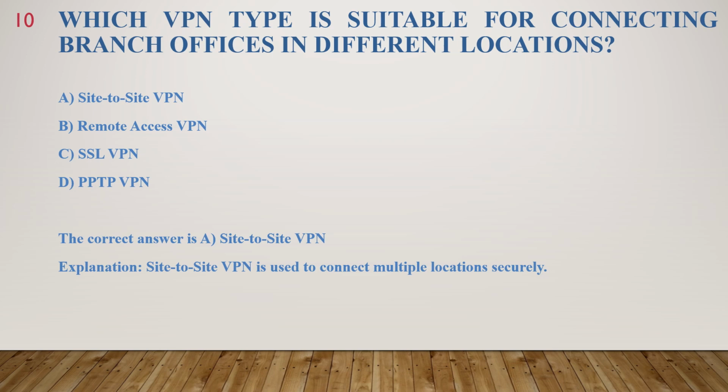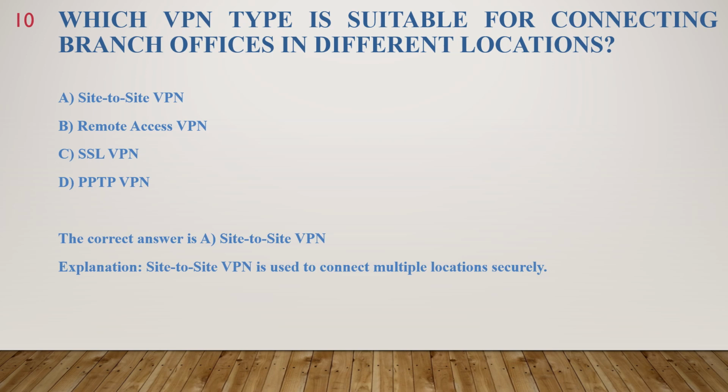Cost-effectiveness. Compared to dedicated leased lines, site-to-site VPNs can significantly reduce network connectivity costs by leveraging the existing internet infrastructure. This cost advantage can be substantial, especially for businesses with geographically dispersed branch offices. Explanation of other options. Remote access